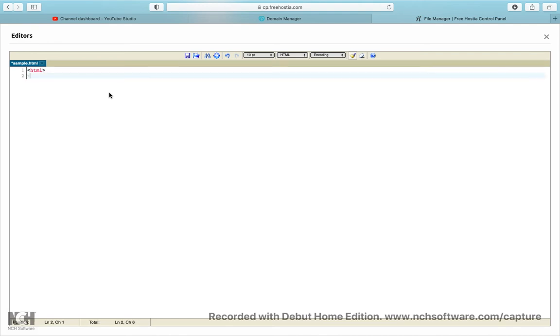Now you can start typing your HTML coding. As you all know, you would have learned by now what it is used for. So let's have a home page title. Hope everyone knows what the title tag does. The title tag is the one which appears on your taskbar. Each of the tab names will come from the title.